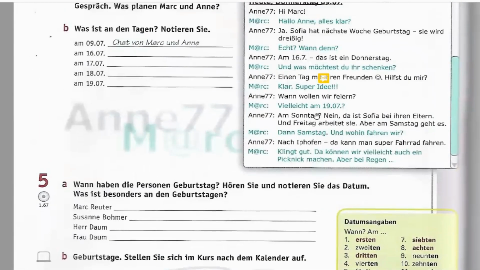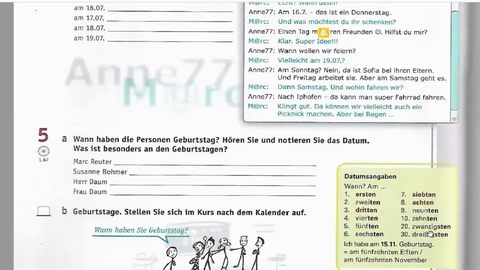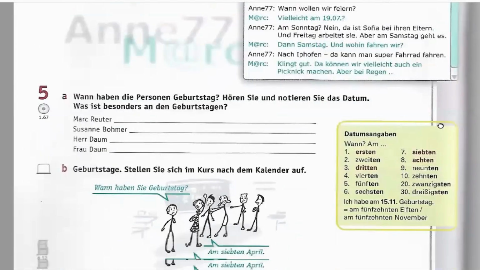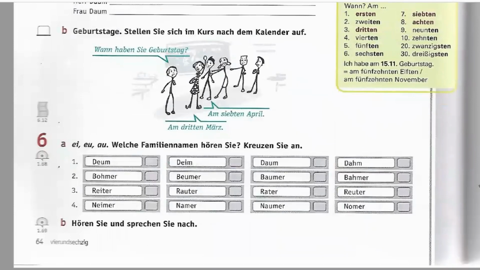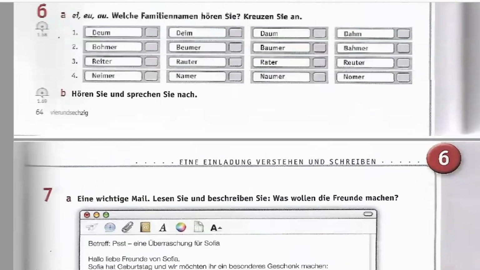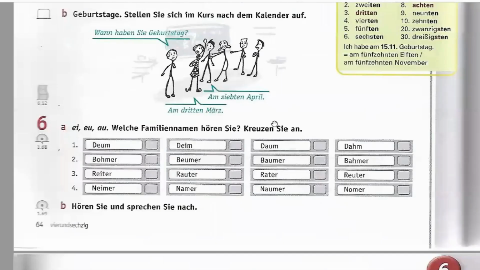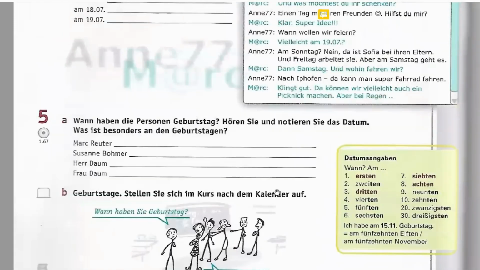And when you have the same date, today's date, at that time you need not write extra "n" because you are not using any preposition before that. What is the date today? Today is simply this date. So at that time we don't use the preposition "on" or "am". So I want this much to be completed, page number 64. Tomorrow we are going to learn a new concept that is called trennbare Verben. So in the next class you will do it. Any confusion, anything you want to ask?